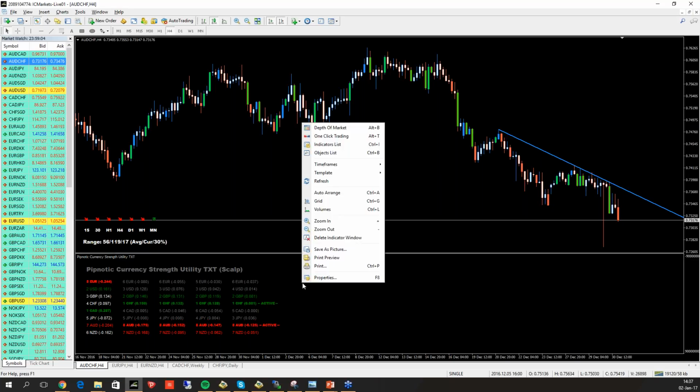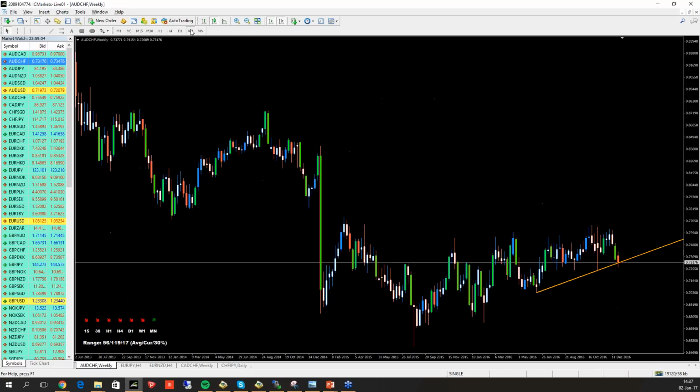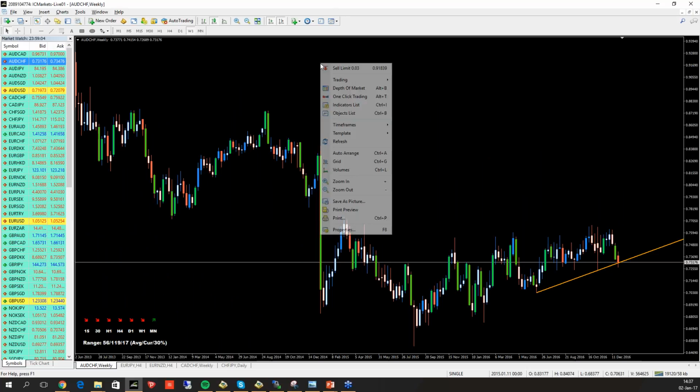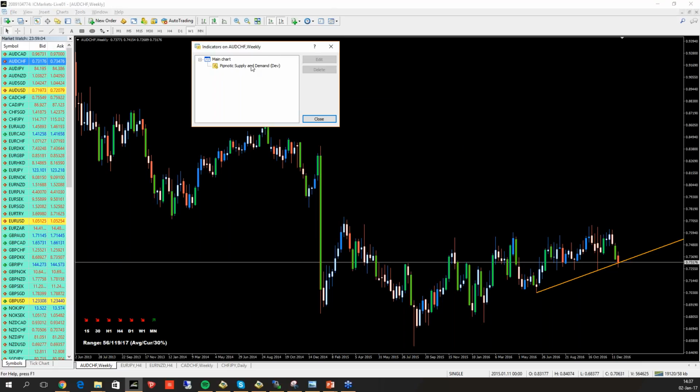Okay, so let's have a look at this. We're going to remove this. So we have the currency strength. Sorry, the supply and demand. Okay, so the supply and demand tool is great, and I've been working on this tool in different forms for a